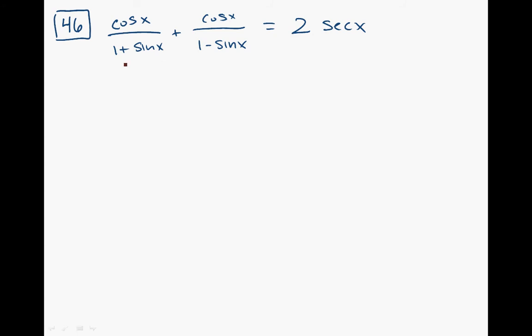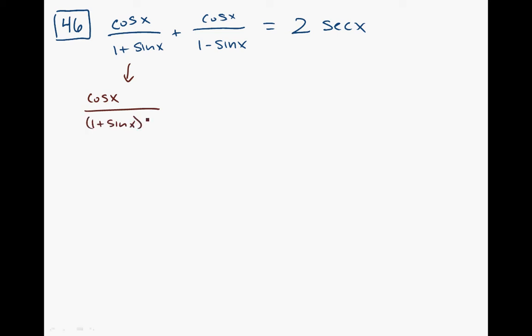And also I'm noticing that these are conjugates of each other, which means they are the same except the sign in the middle is different. And actually that's nice. That means we're going to get a difference of squares, which means things are going to clean up a little bit. Okay, so let's take this first fraction, multiply top and bottom